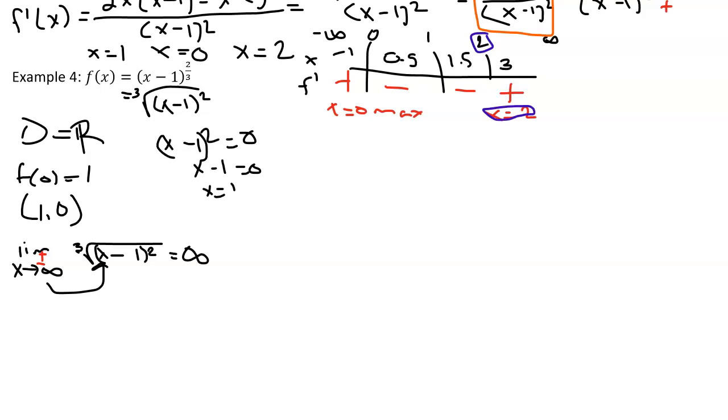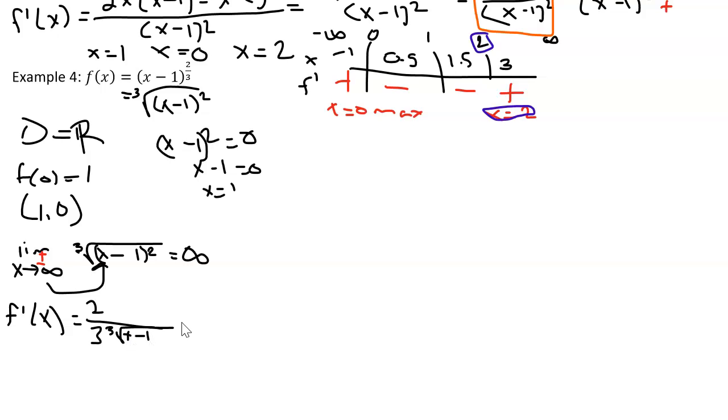This function doesn't have any vertical asymptotes because it doesn't have a denominator. So we're ready to take a derivative and take a look at the extrema. So let's do f prime of x, and we're going to bring that 2/3 forward, turning it into a fraction, because when you do minus 1 in this numerator, you're going to get a negative 1/3, and I'm going to go ahead and toss that in the bottom as a cube root,